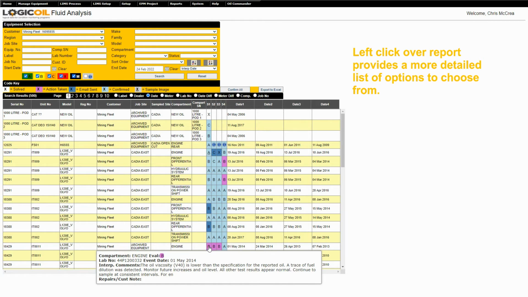If we left click over any one of the reports for this asset, we get a more detailed list of options. We can select details for the asset details. We can select full history, which will give us more information on the asset. Action taken can be feedback from the workshop as to what action was actually taken and whether, say in this case, fuel dilution was actually the problem. So let's have a look at full history,